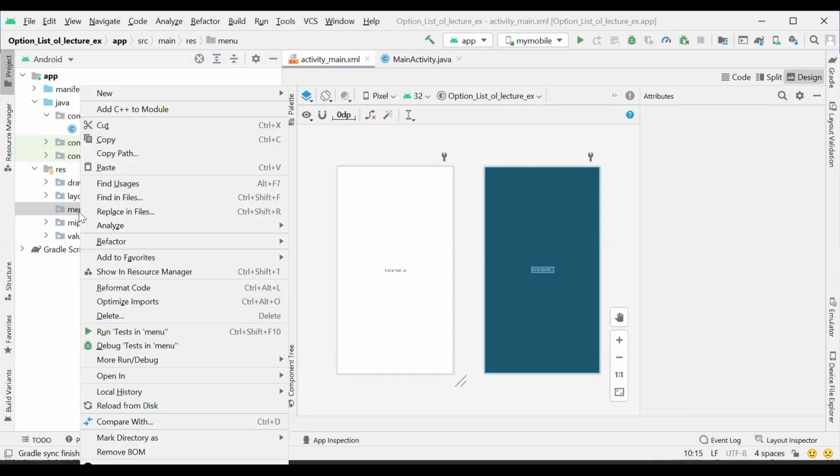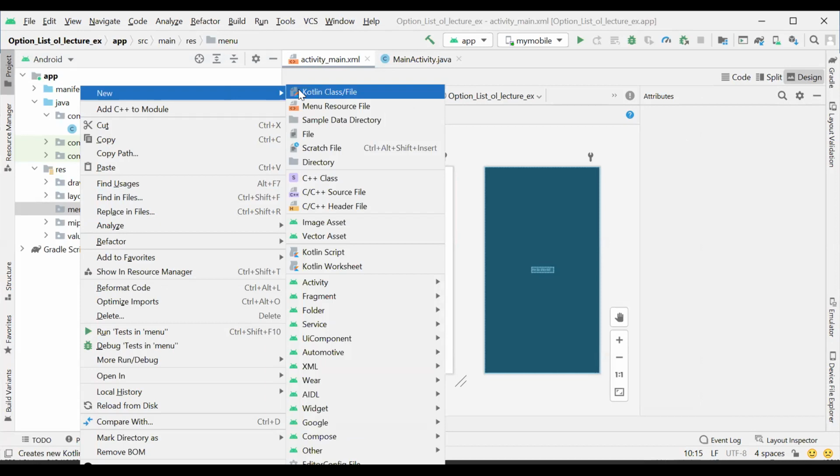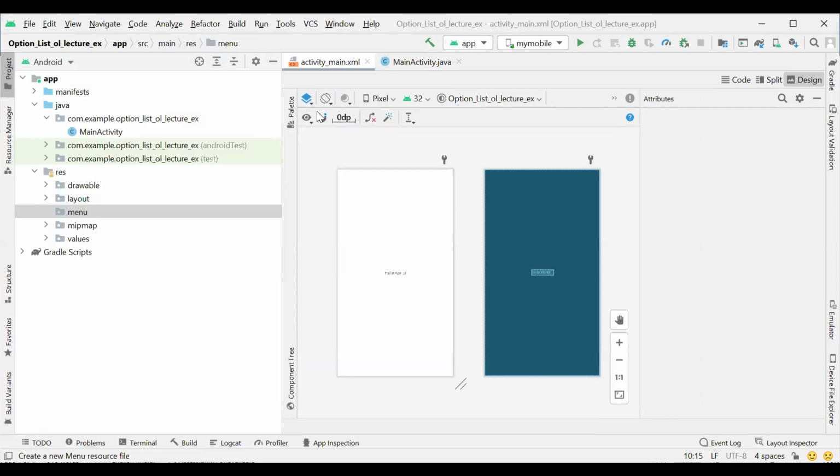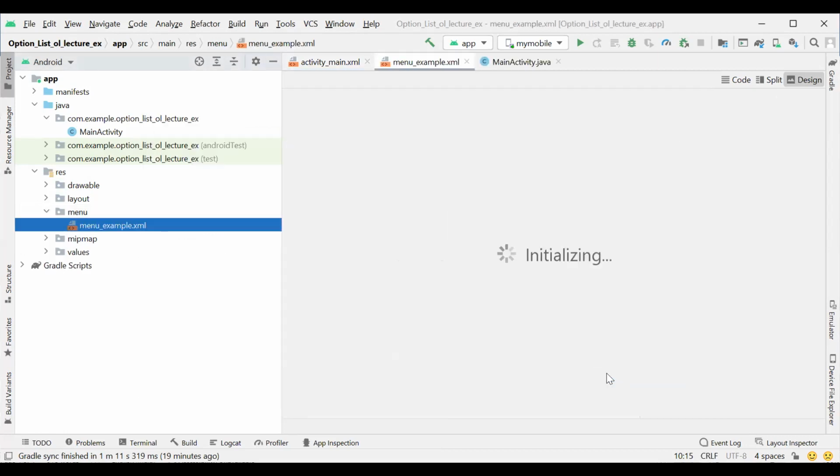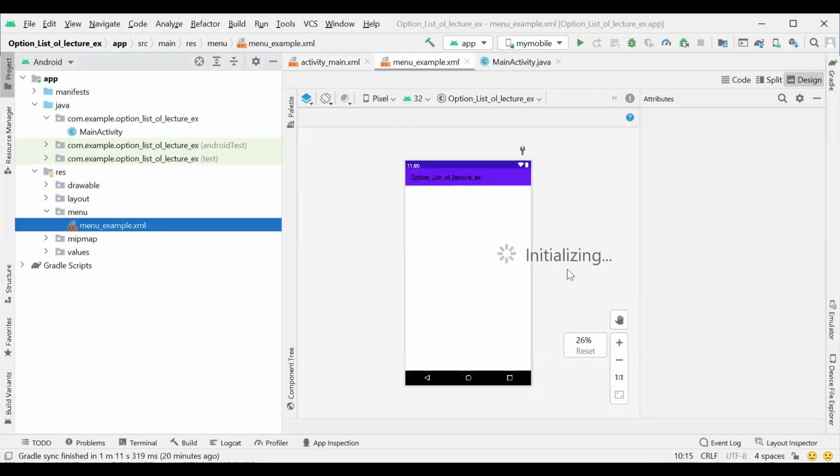We right click on it, click on New, and click on Menu Resource File. We give the name menu_example to the resource file. This is the XML file that we have created. We click OK, so the menu XML file gets created here.